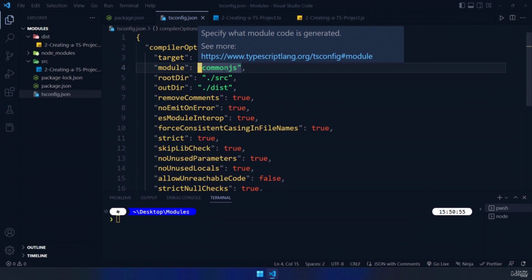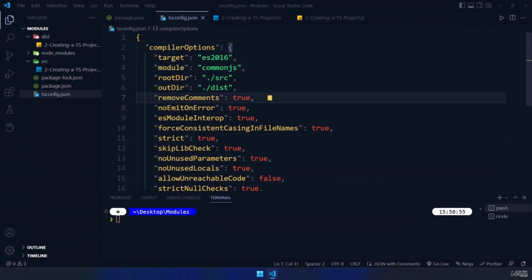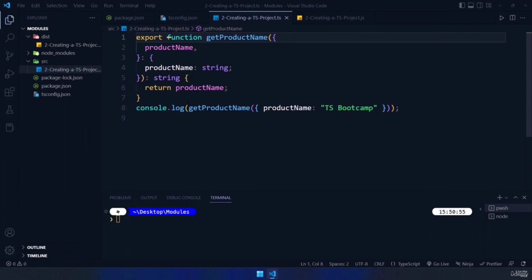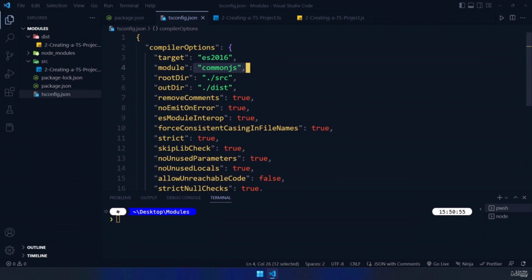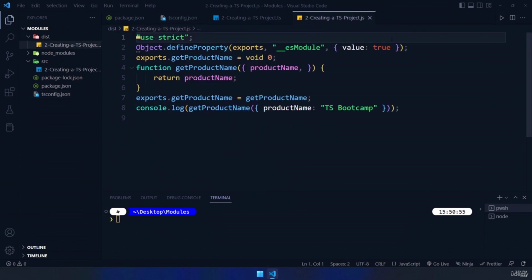Now, what I'm going to do is take a look at the compiled JavaScript. Keep in mind, we have this code right here, and we want to take a look at how this is going to look in JavaScript when the module loader is common.js. So if I jump in here, we can see some stuff that we have not actually seen before. What we have is this line right here. What it does is basically add a property of __esModule